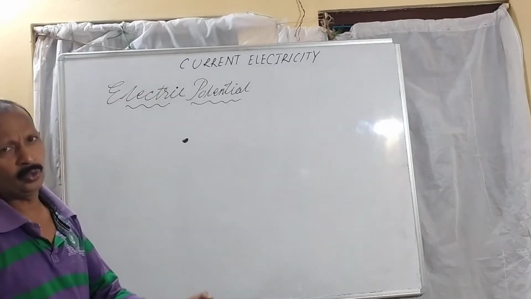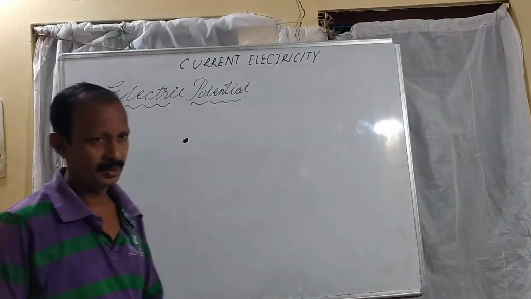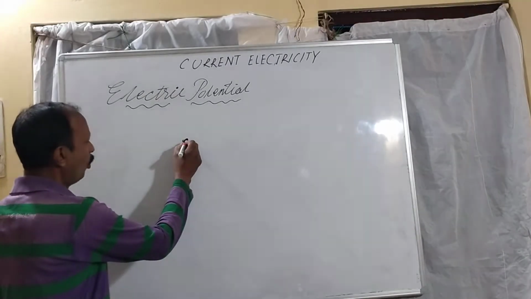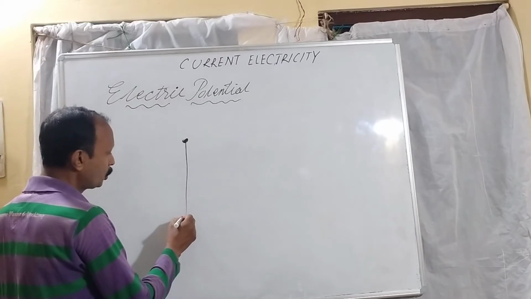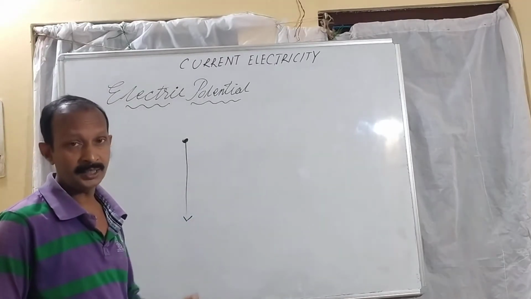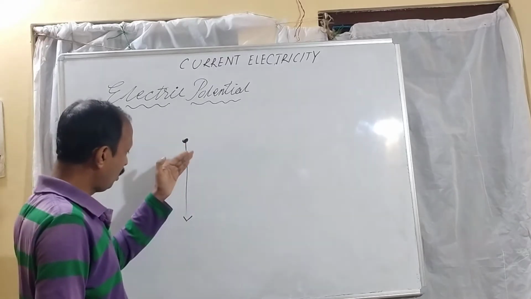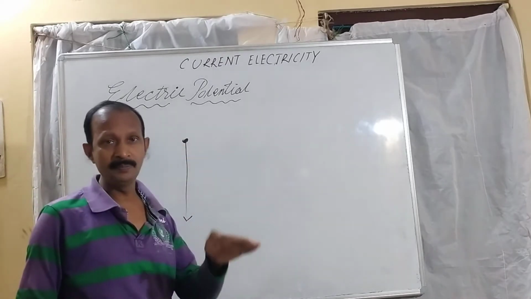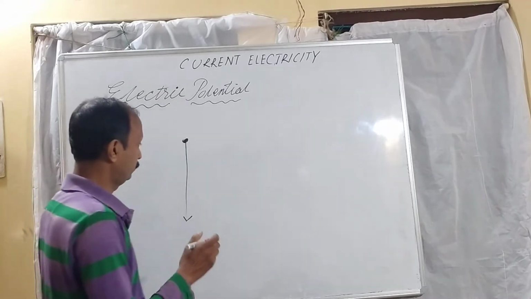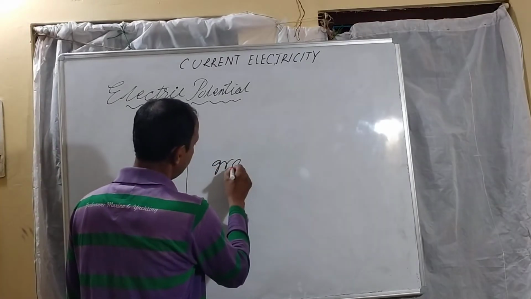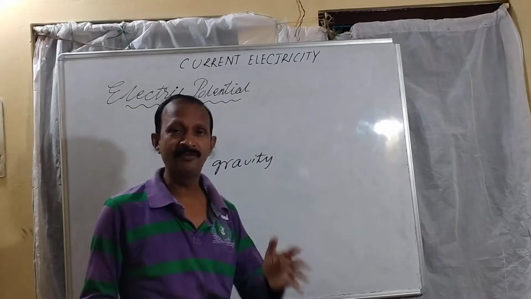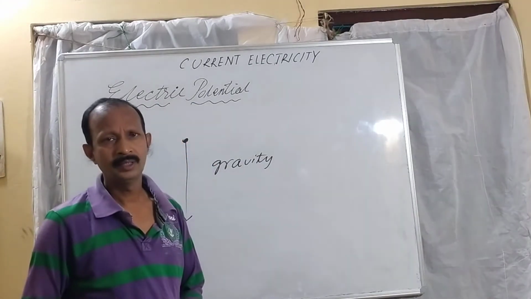Already you have studied this in the lower classes. The direction of motion of the object downwards towards the surface of the earth, I can say that the direction of a free falling body is decided by a term that is called gravity or gravitational force. Similarly,